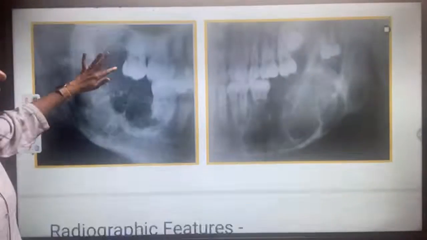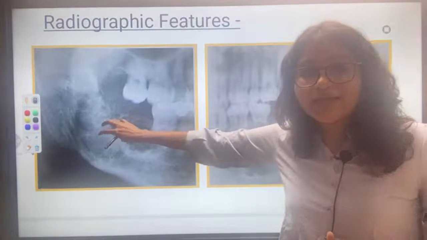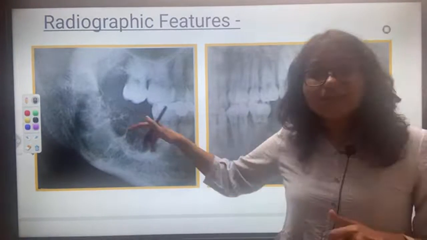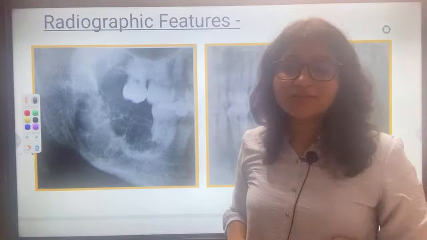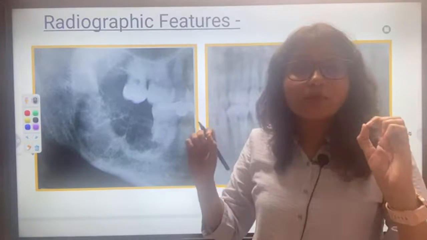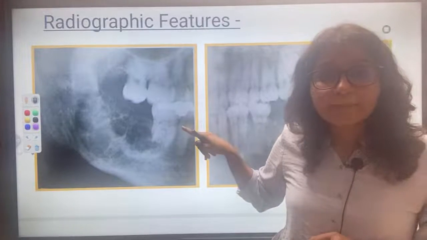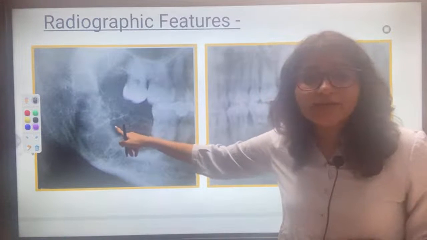If you see this image, can you see multilocular, many loculi dividing the tumor, right? If the loculi are very small, it is called a honeycomb appearance, right? Like a honeycomb. Or if they are very big, it is called a soap bubble appearance. Can you see this, Sadaf? Small bony